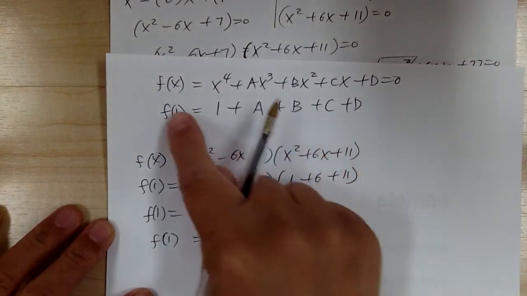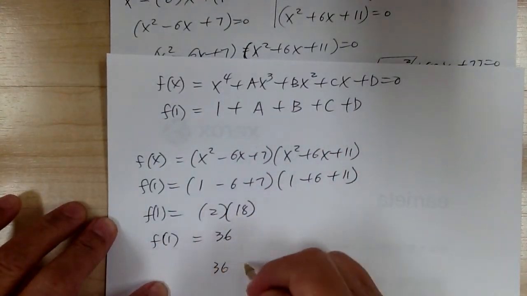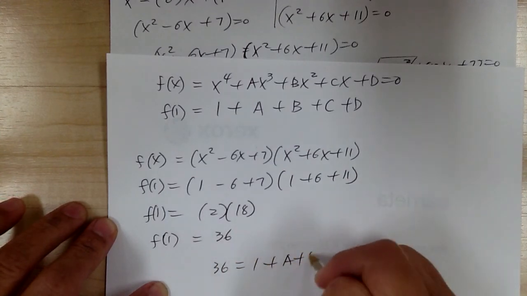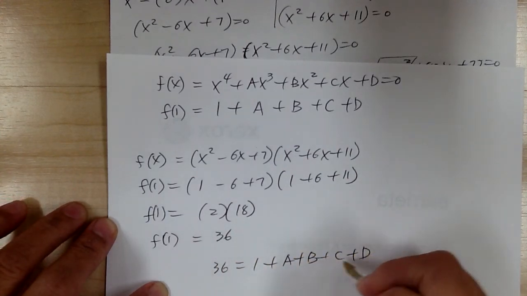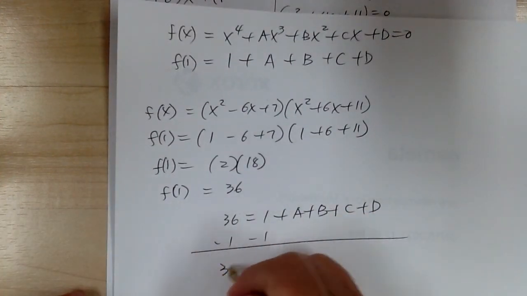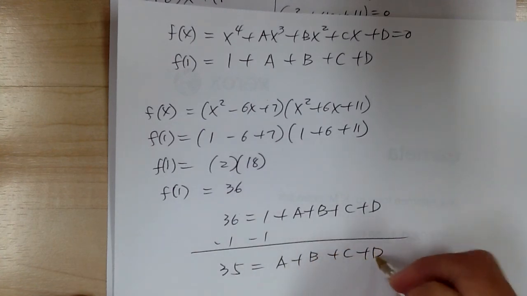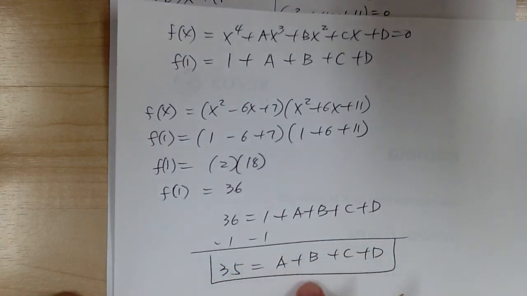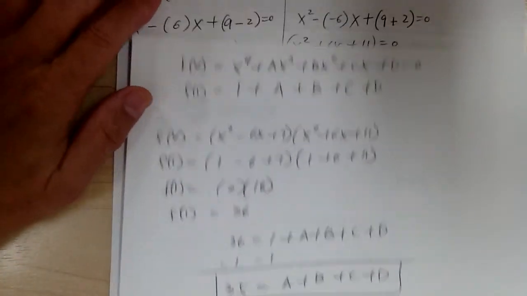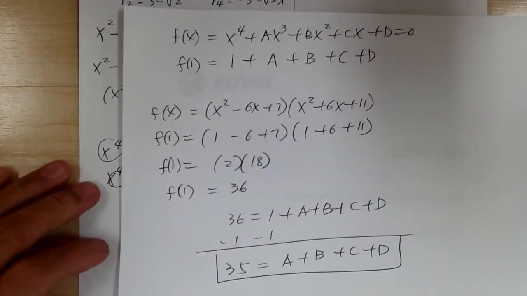Okay, so now we're going to equate these two. So you got 36 equal to 1 plus a plus b plus c plus d. So minus 1 on both sides, you can see 35 equal to a plus b plus c plus d. So this is another way of doing this. That way you don't have to multiply out a long equation and then simplify. So either way,